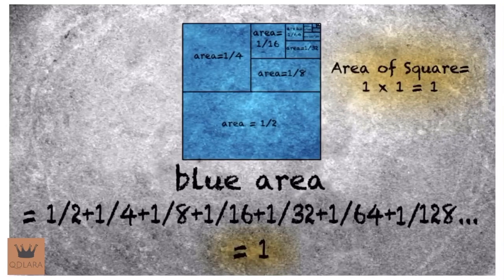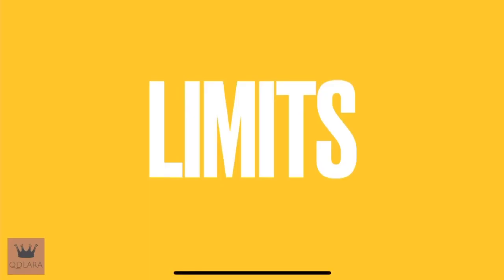Now, what we are entering here is the concept of limits. In this lesson, we're going to consider functions of a single variable and study the behavior of the function as its variable approaches a particular value, focusing on illustrating limits of a function using a table of values and the graph of the function. From our problem, we can say that the limit of the blue area as the number of chops approaches infinity is equal to 1.